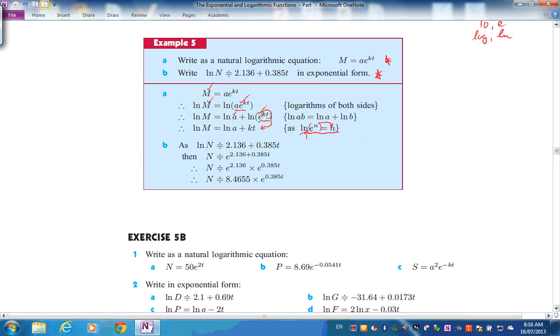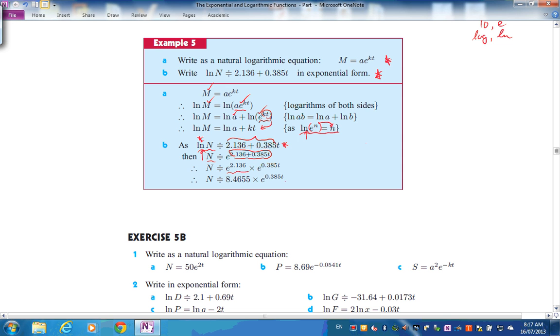Given a log, and log of n is all of this. Oh, hang on, what's our definition? The log of a number is the power of the base. So therefore n is e to the power, stick this up as a power. It says the log is this, so therefore it is the power, and then we can write it out, e